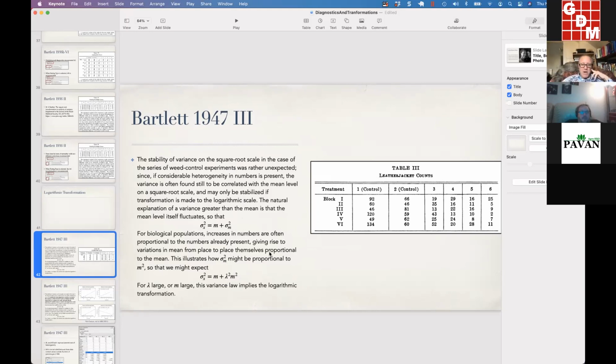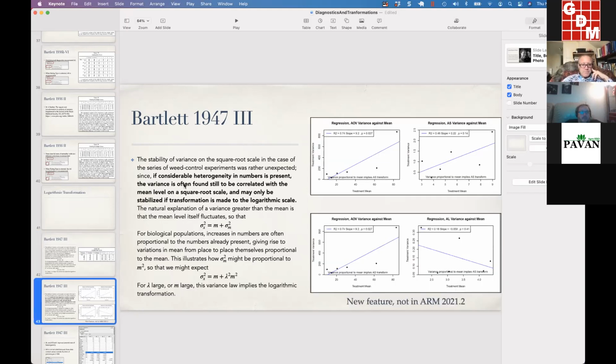Now, I didn't put this in there, but when we have count data, we have a Poisson distribution, and in the Poisson distribution, the mean and the variance are equal. There are no two different parameters. There's only one parameter. It's the mean. The variance of the Poisson data is also the same as the mean. So it works quite frequently well to take the square root of the raw data and it converts it to a normal distribution. But in Bartlett's